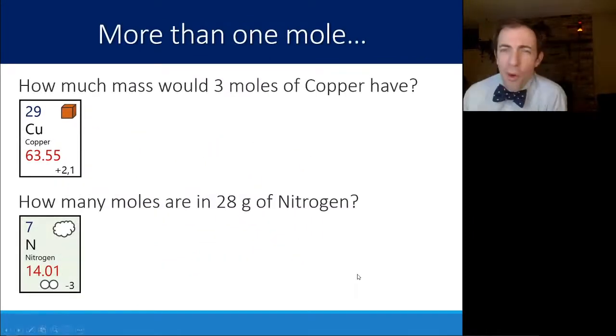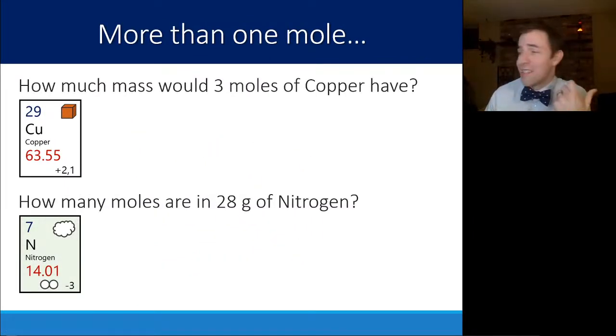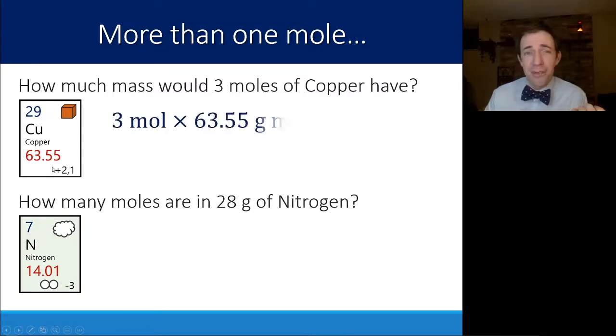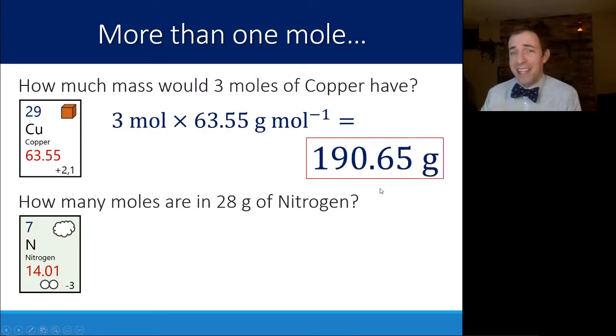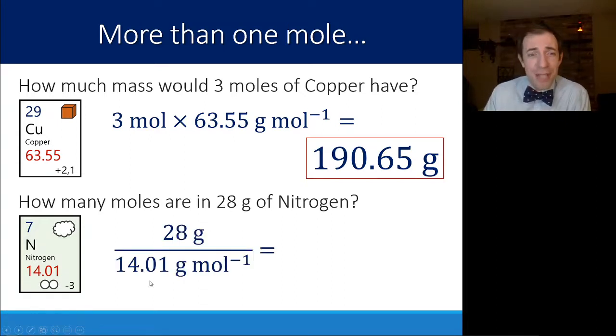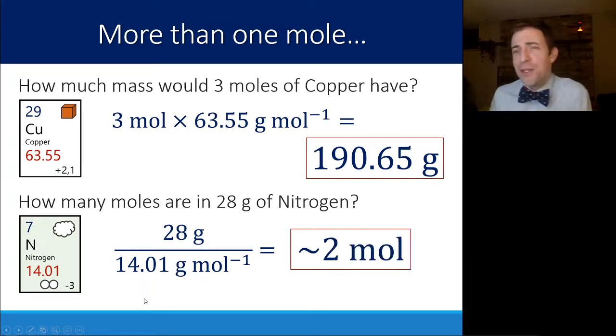If you have more than 1 mole, it's a pretty easy conversion. So 3 moles of copper, you just multiply your molar mass by 3 to get your 190.65 grams. If you have 28 grams of nitrogen, looking at your periodic table, seeing that it's 14.01 grams for every mole, you can figure out how many moles of nitrogen there are. Of course, 28 is about 2 times that, so it's about 2 moles of nitrogen that show up in 28